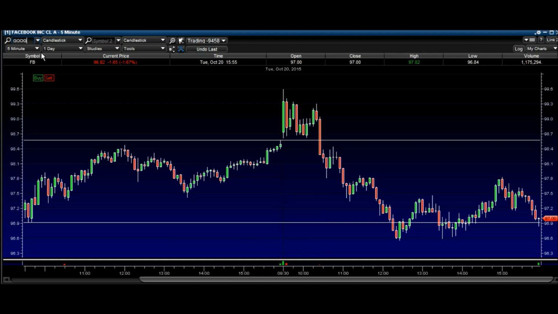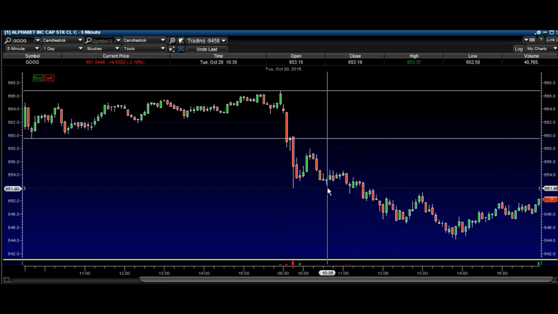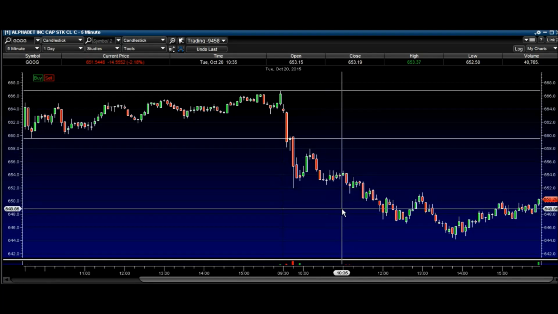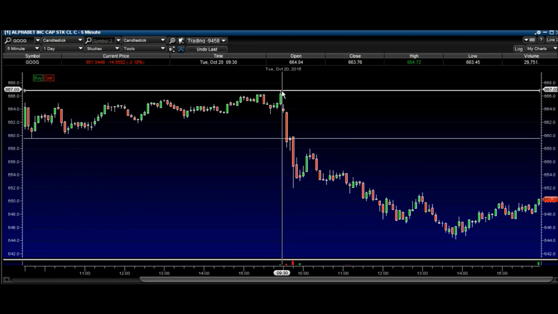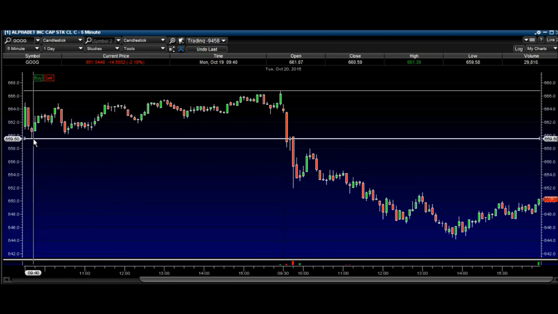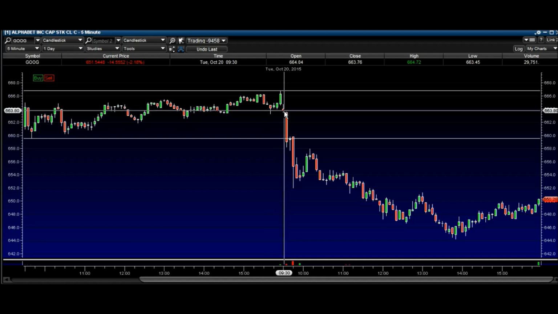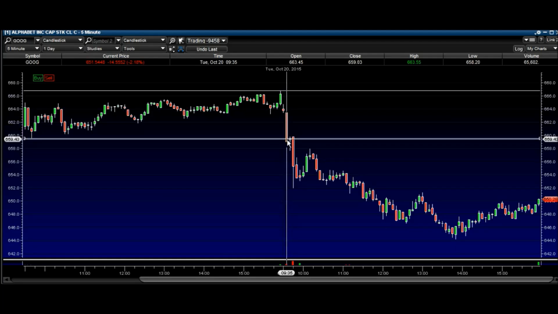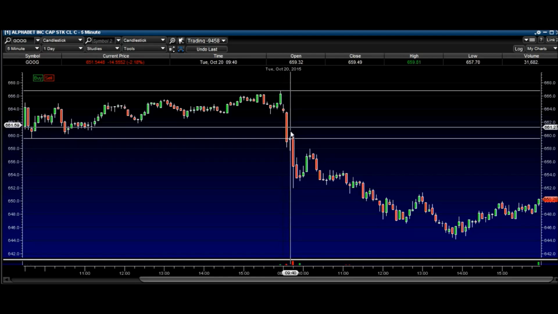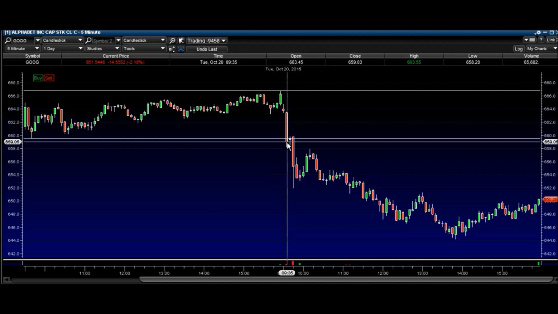Let's do Google. We go to Google. Let's go ahead, let's remove some of these. So we have the previous range over here on the left. We've set the guideline at the high of the previous range. We've set the guideline at the low of the previous range. We notice the price immediately opens, and what does it do? It clearly has a downward bias, falls right down, breaks below the second 5-minute candle of the day, breaks below, provides an entry around 659.56, falls down